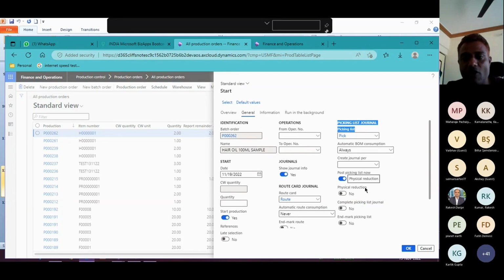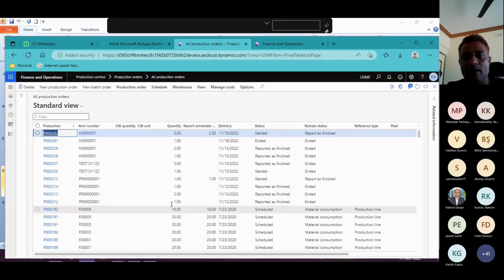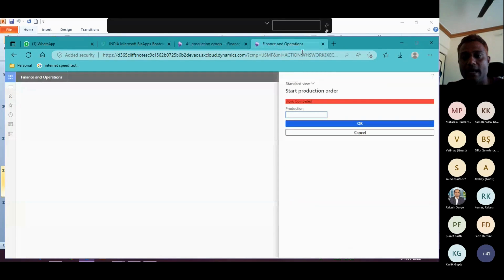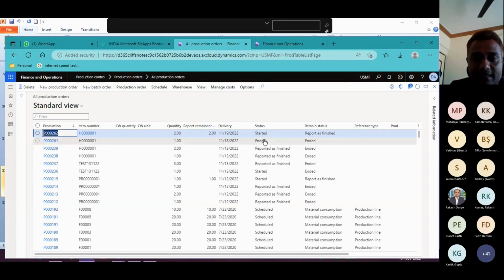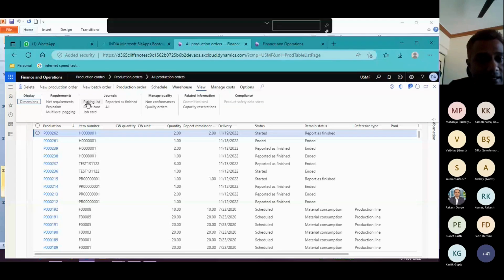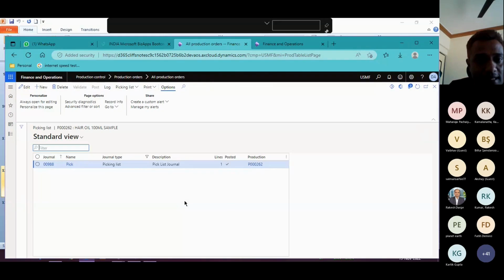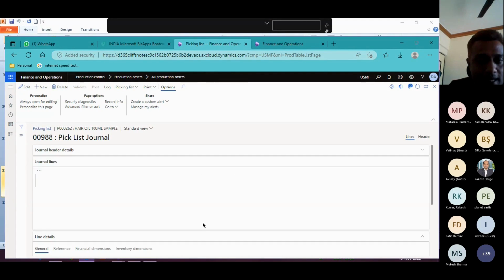So that functionality I already set into the start button, and because of that, when I hit start on the emulator, the system has started the order and has created and posted the picking list journal. We can see that picking list journal from the view tab in the journals picking list. We can see the picking list journal with the name pick with line 1 has been posted, and once I click on that, it will show